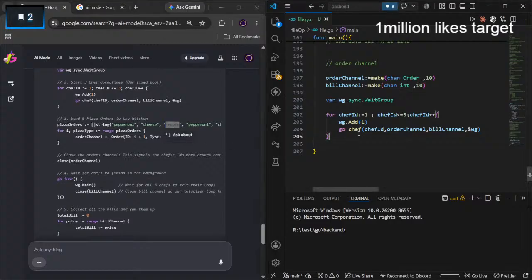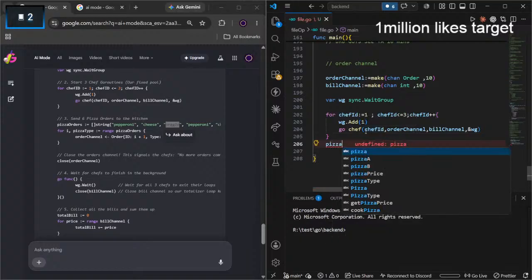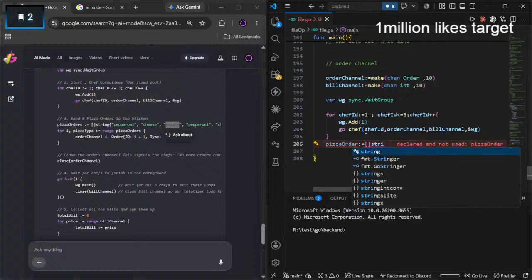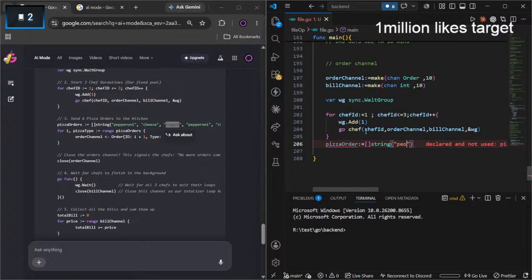So after creating my goroutine, now we are going to create pizza orders. Pizza orders are like an array of pizzas, string type. I'm going to have my pepperoni pizza, cheese pizza, veggie pizza, and so on.